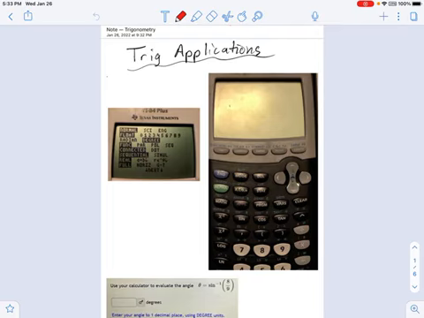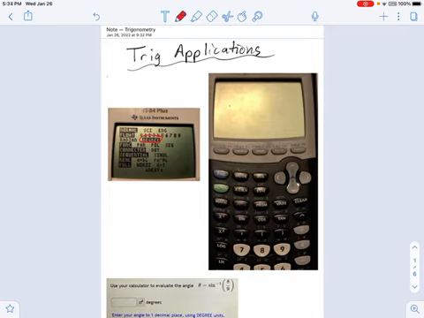So I want to first point your attention to this. It's very important that your calculator is set to the correct mode. By that, I mean either radians or degrees. You have to select the one that's appropriate for the problem you're working in. Most of the time in this unit, we'll be working in degrees, so I'm going to leave this calculator set in degrees. And whether your calculator looks like a TI-84 or a less fancy version, it really doesn't matter. Every calculator has a mode button.